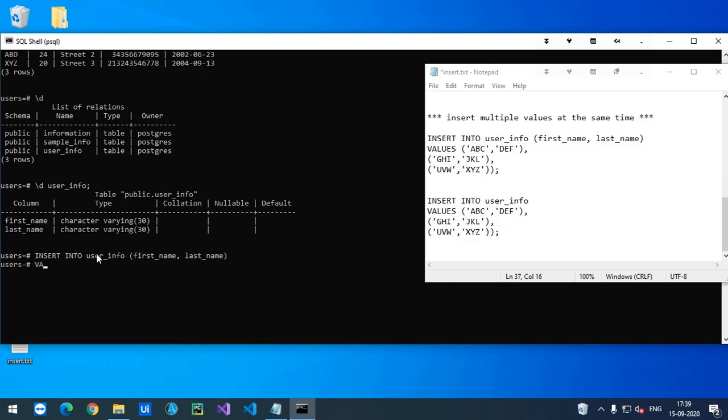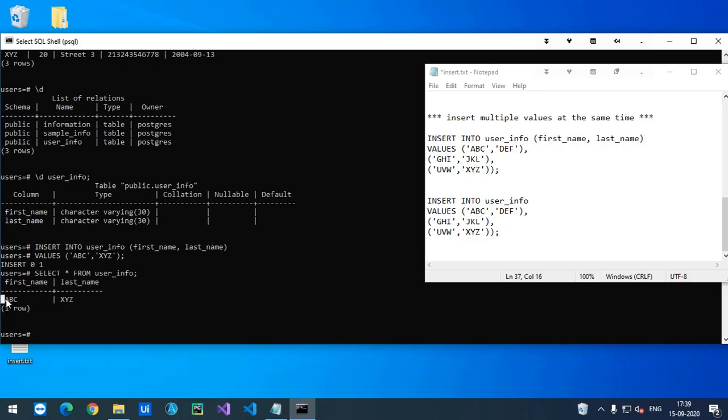Then values, and the values here are 'abc' in single quotes, and 'xyz'. Now if I press enter, it will insert into this table. I can have a look with select all from user info. So this is the first value.